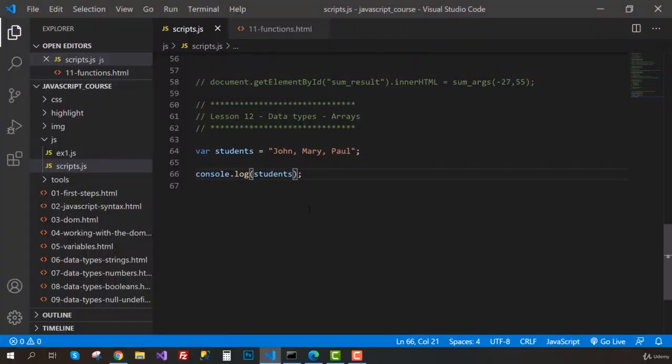So this is a terrible way of storing a group of data. This is why arrays are useful. Now, instead of using strings, we're going to start with braces. So open and close braces. This is what indicates an array. So now each of the elements of this array are going to be strings, and we are going to separate these values with a comma. So now we have the first element of this array, the second element, and the third element. Saving this and going back there,